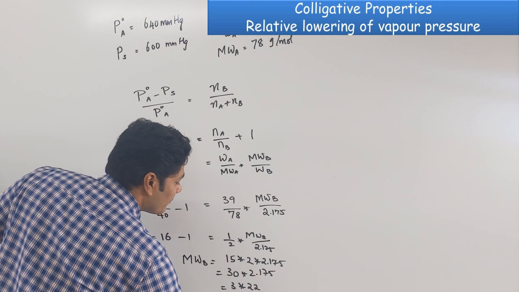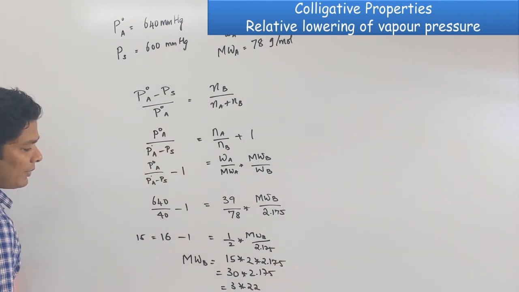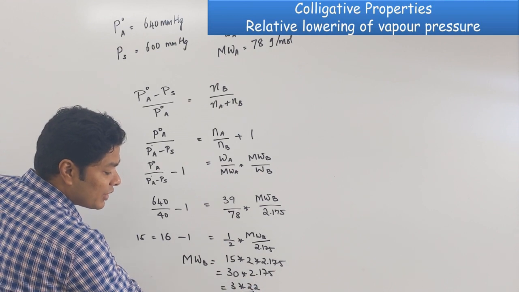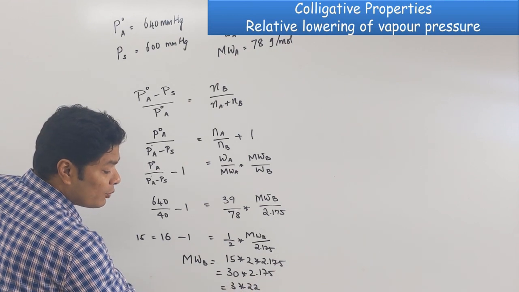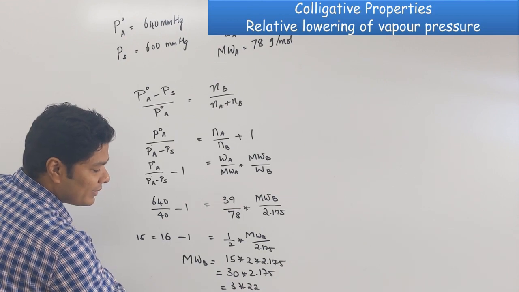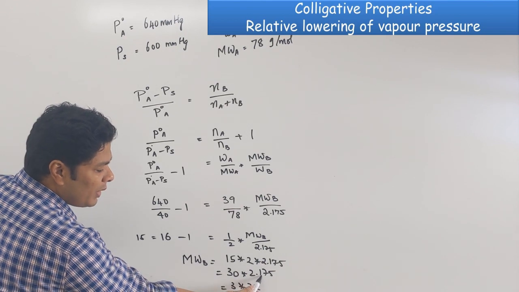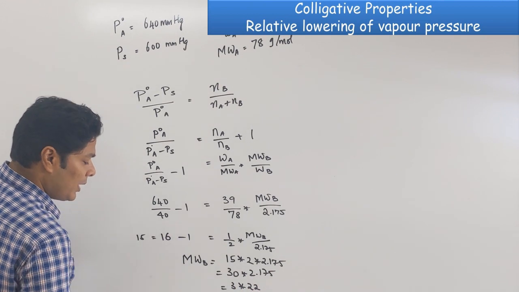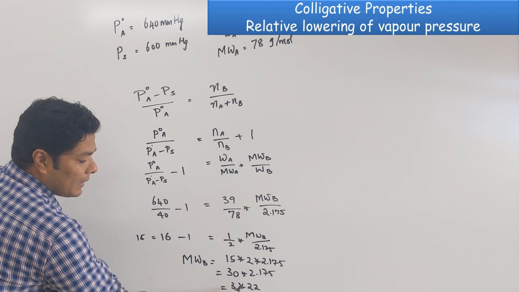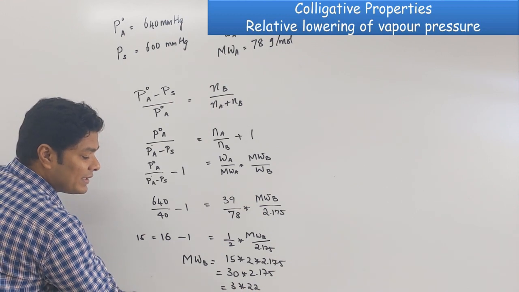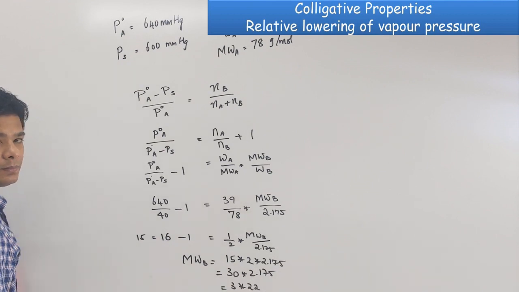66 gram per mole. Now obviously I made a small assumption here, so I am multiplying by a larger number than what it is. So my answer would be larger than what the actual number is. So just go for something that is a little bit lower than this. I have not made much difference. So you can take it as 21 if you want. Okay, 3 times 21, 63. So the answer is going to be between 63 and 66.